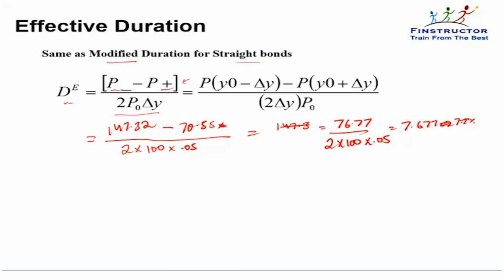So this averaging, it's the same concept that we applied. They take the percentage change in case of an increase, a percentage change in the case of a decrease, and then they take an average. That's how this 2 comes in the denominator. So you can remember this formula to calculate the effective duration. Please note it will be an approximation. It'll give us a 38% change, whereas the actual change will be 47% in case of a decline and only a 30% fall in the case of a yield increase.